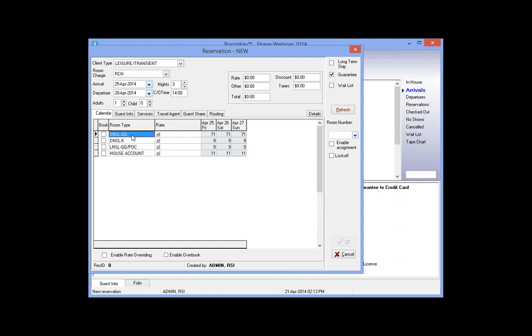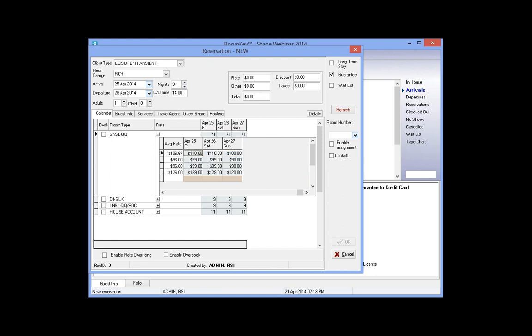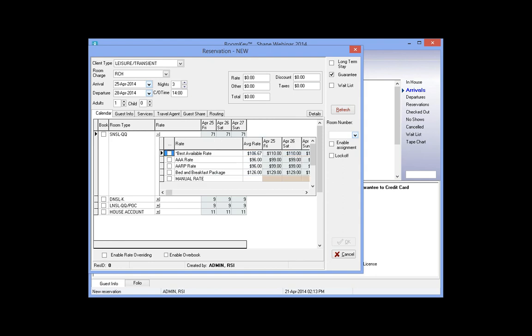Okay, we're going to start by doing a booking for a standard room. I'm going to click the little plus symbol beside rate. Here I have my best available rate at the top. You'll notice that the average rate is 106.67 and the first night is 110. If your average rate is different than your first night, you know that there is a rate change. Your manager will direct you on this, but most times as a best practice, we do not quote average rate. We quote the rate per day. So I would tell the guest the rate is 110 the first night, 110 the second night, 100 for the third night. If they were to ask for a AAA rate,